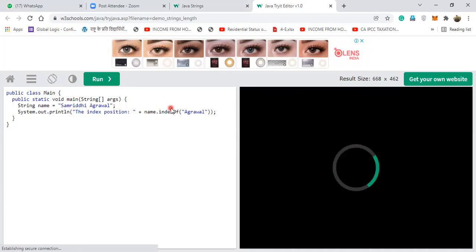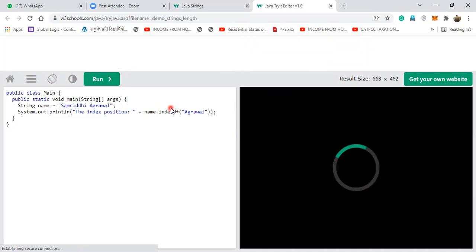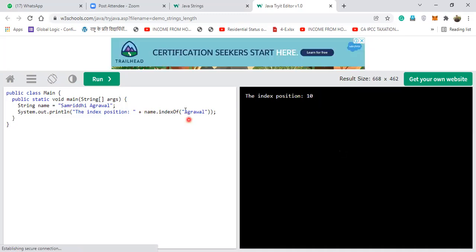Ten. Let us see. Okay, you understood? Now suppose I give this word Riddhi. What answer are you expecting? 3. Understood.